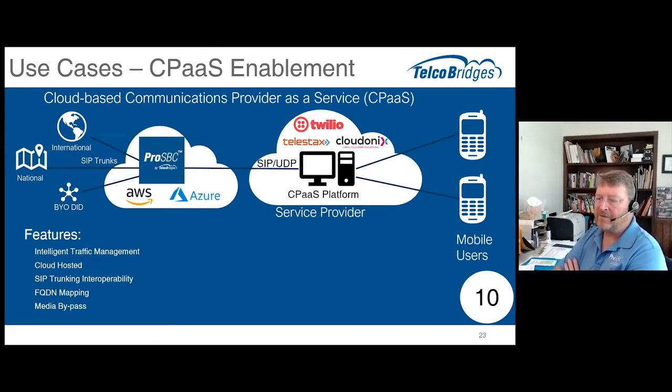And they need to have some traffic management. They need to do some normalization. They need to do, like I said, SIP trunking interoperability. But they want the SBC to be cloud-based. So they want to be able to run it in AWS or Azure so that it matches their fully cloud deployed environment. And one of the key things about this is, and I see there's a Q&A here about the